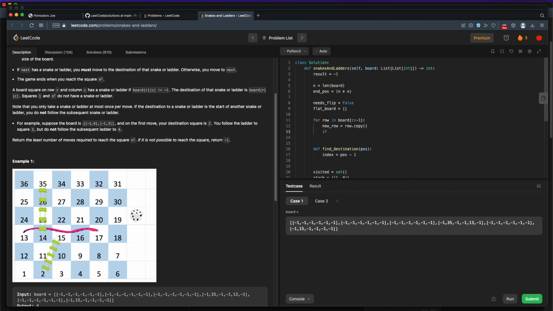And now if this needs flip, so if we have to flip this row from left to right, then we will do that. So our new row will just equal the new row backwards. Just how we did with the board, we can do that with the row. And then if we don't need to flip it, we will just say,